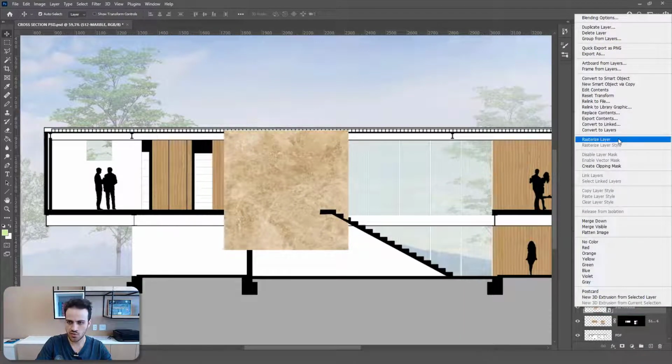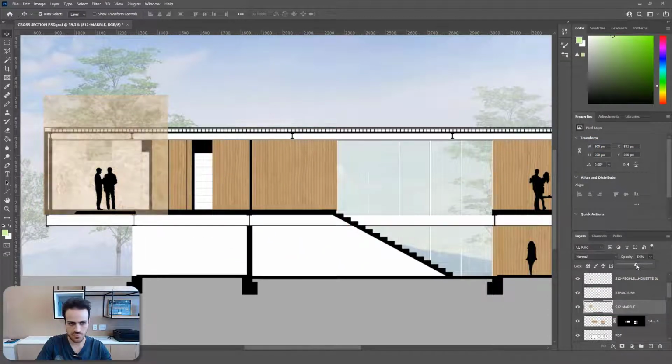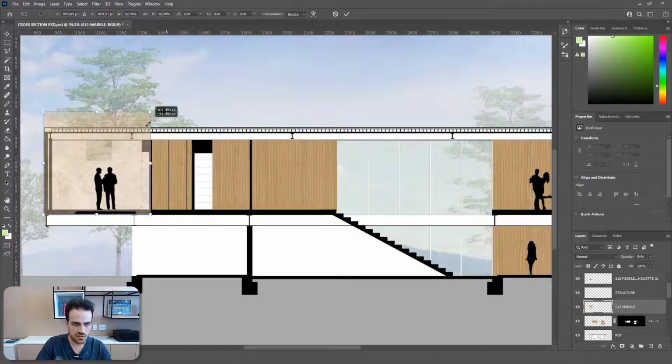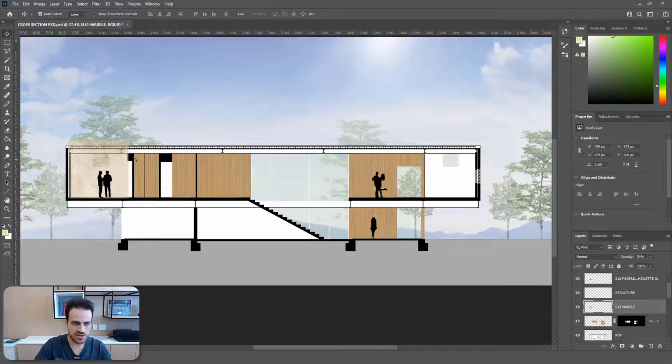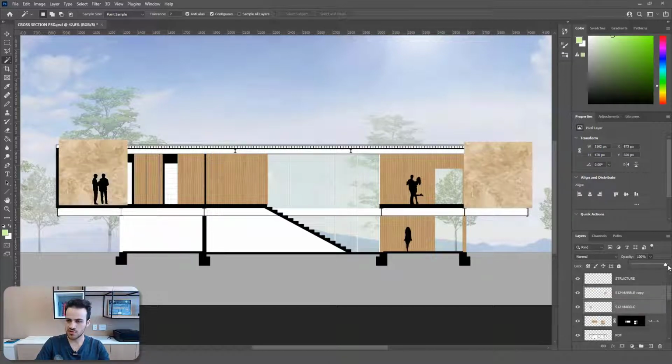Right click, rasterize. I'll place it here, decrease opacity, Ctrl T to free transform and adjust the scale. So I can keep this material here, press enter and Alt to copy to this other area. And now I can merge the layers by selecting them, but just before I do it I need to put 100% of opacity,